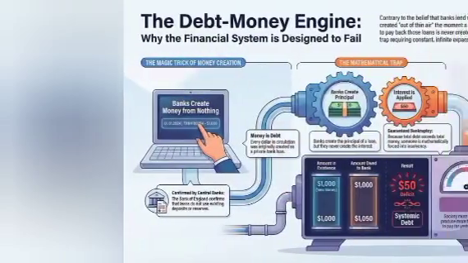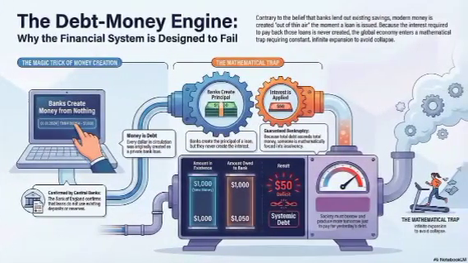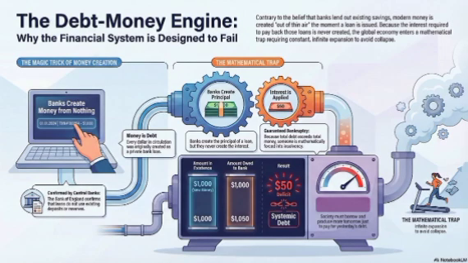I want you to take a second and just picture your bank account. Yeah, everybody's got that number in their head right now. Right. You probably track your balances. You manage your debt-to-income ratio. You watch interest rates fluctuate. And you plan your whole life around those numbers. Exactly. We all operate within this financial architecture every single day.